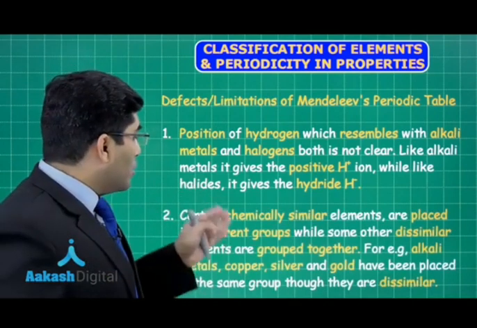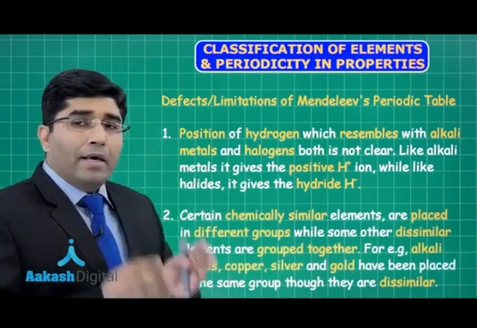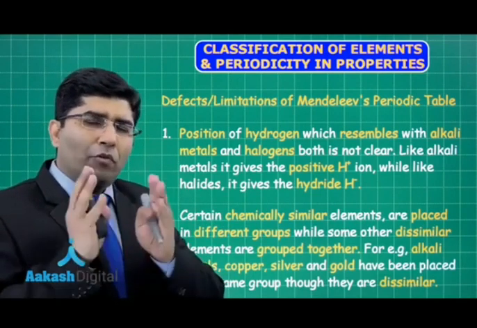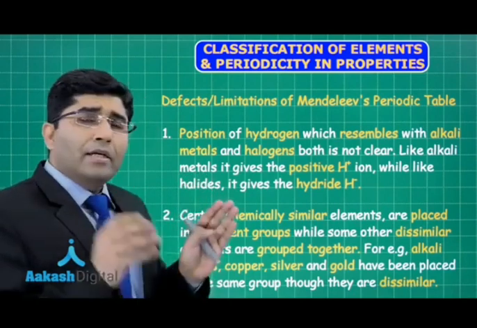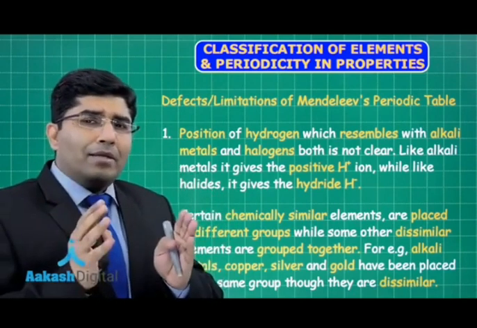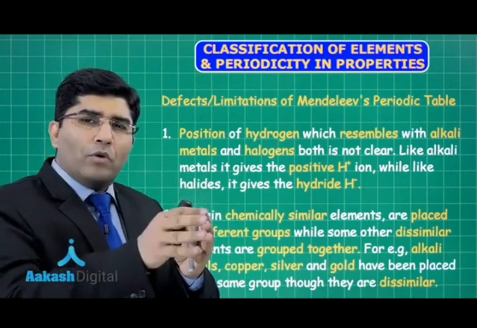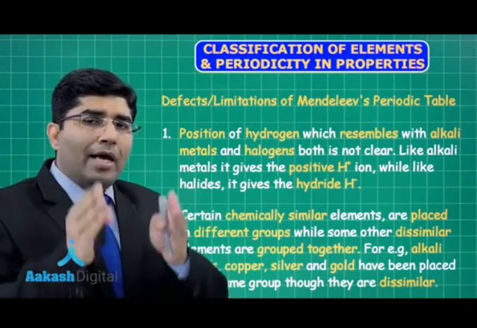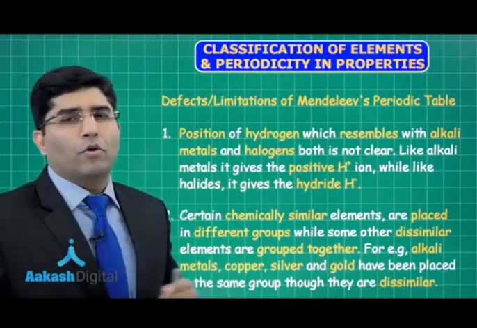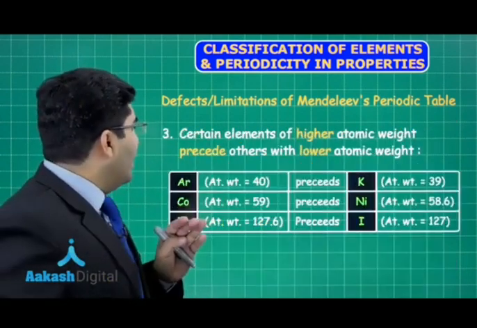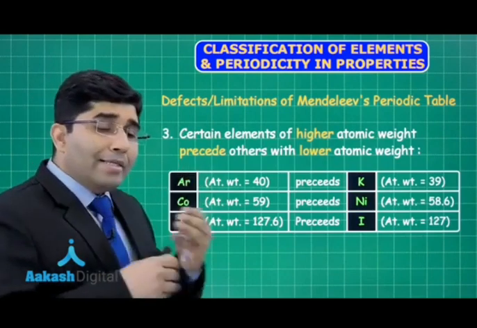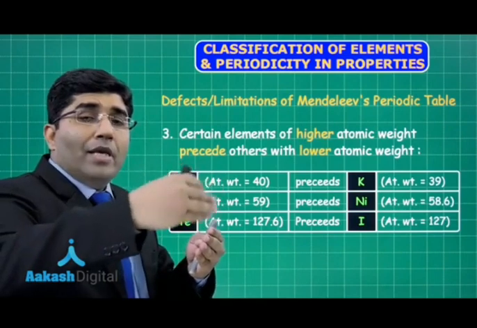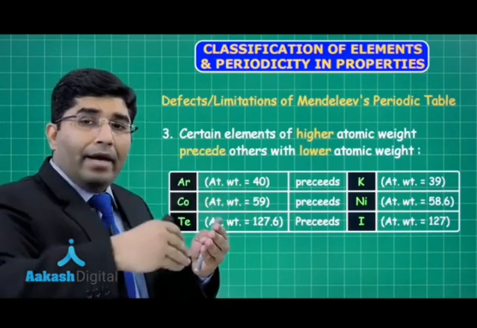Now the next one is he kept some dissimilar elements in the same group. For example, you know that alkali metals are very reactive, but copper, silver, gold are much less reactive. But he kept those elements in the same group. That was wrong. So the third point is, he said that atomic mass will keep on increasing and the periodicity